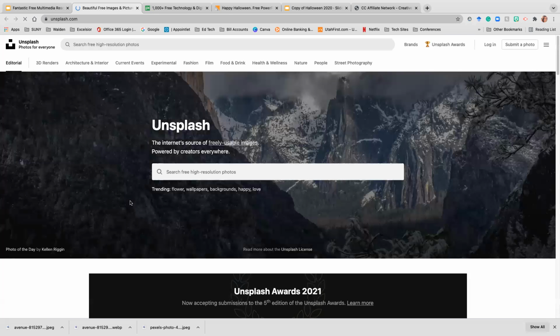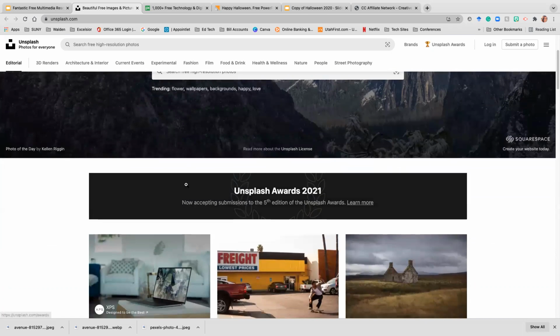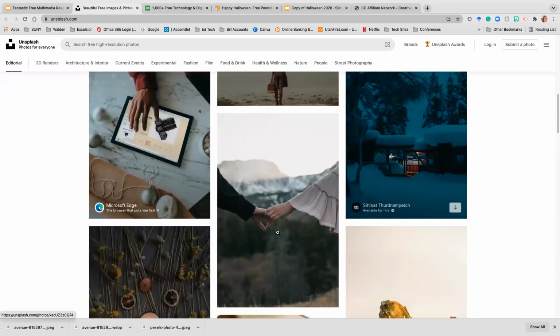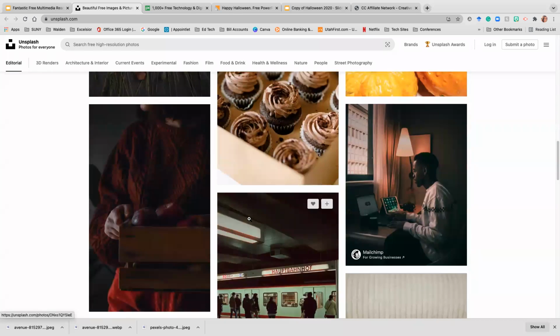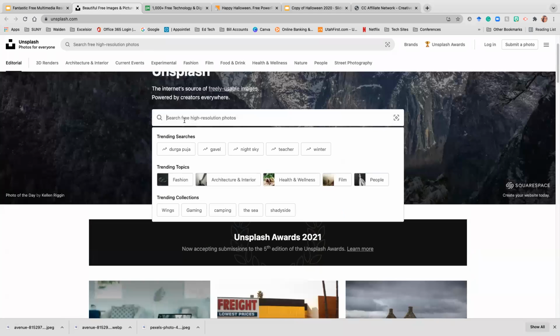All right, Unsplash again is my next stop. So if I can't find something I'm looking for, I've used Pixabay so much now that I feel like I need some new variety. And so I might go to Unsplash. So here it is, the internet source of free usable images powered by creators everywhere. So very similar to Pixabay is Unsplash. And they have awards and all these fun things, but just beautiful professional graphics for all different purposes. We can try